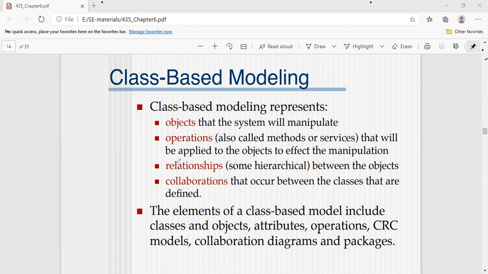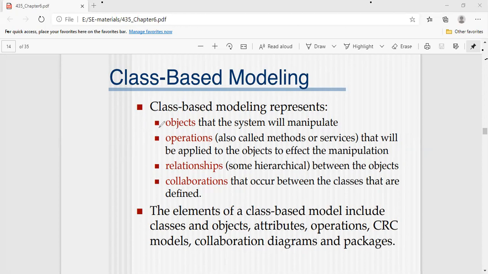Okay, so now we are going to take the classes. Now we are going to use the classes for a domain or our problem statement. This is one of the representations or models, isn't it?